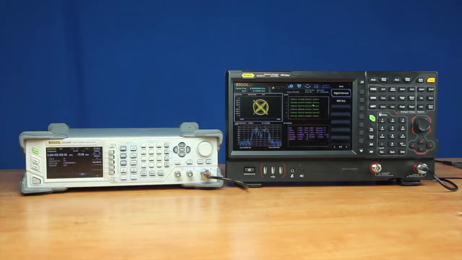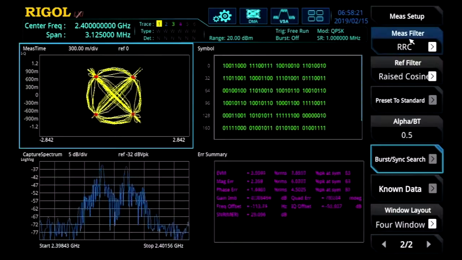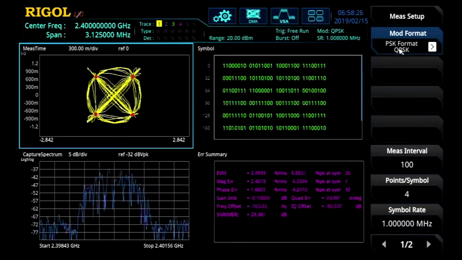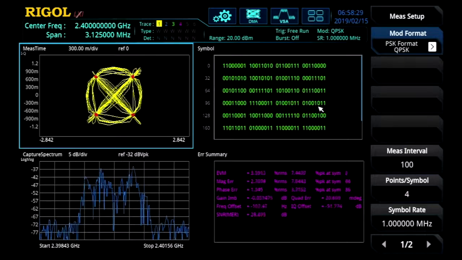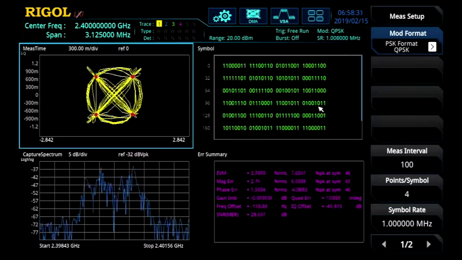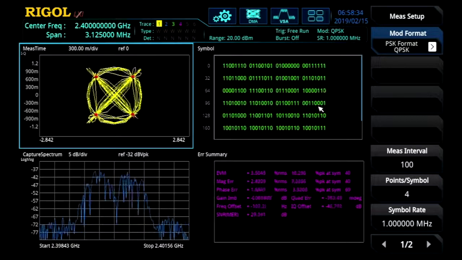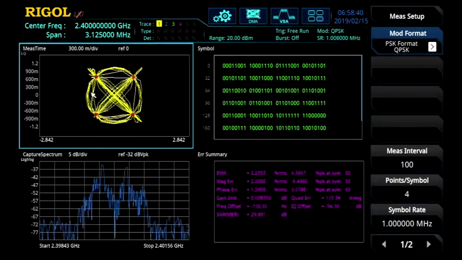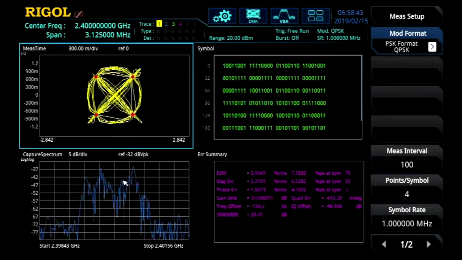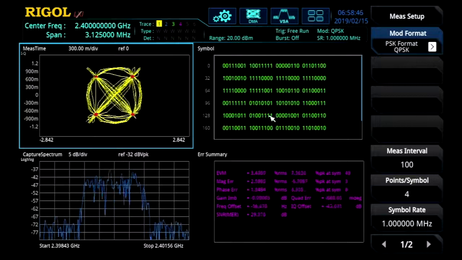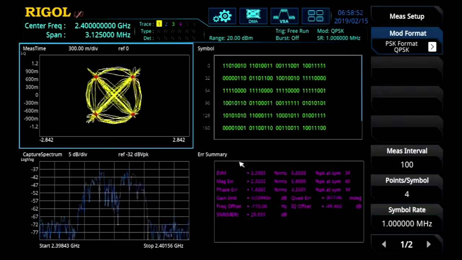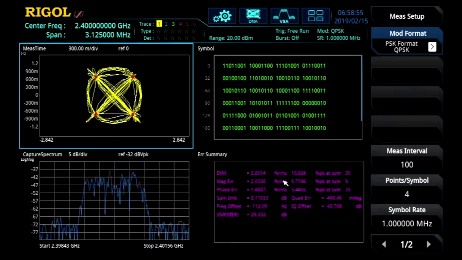Let's look at some digital demodulation capabilities in the VSA. In our digital demod menu, we can select a modulation format such as QPSK. We're putting a QPSK signal into the analyzer that we generated in our DSG3000 series signal generator. So up on a 2.4 gigahertz carrier, we can see the constellation diagram, the spectrum, a symbol table of the data being demodulated, and a summary of some of the error conditions and characteristics measured